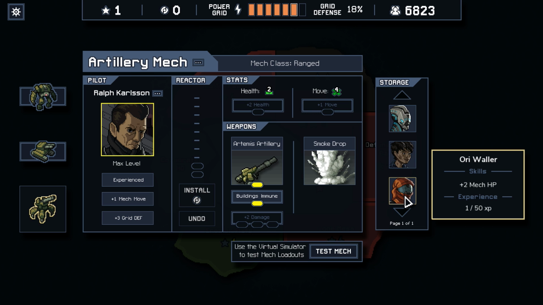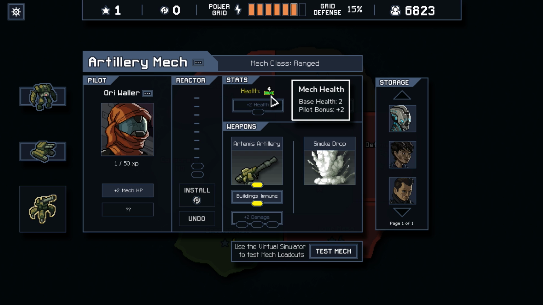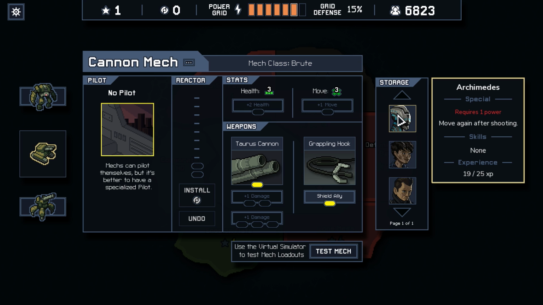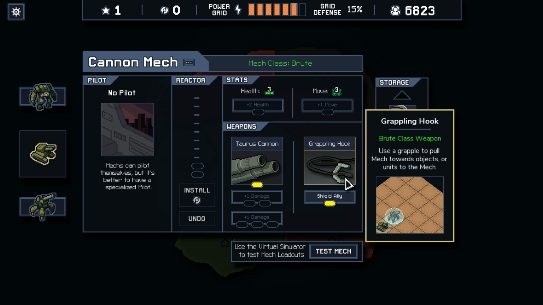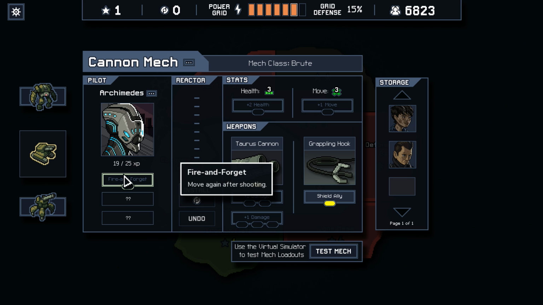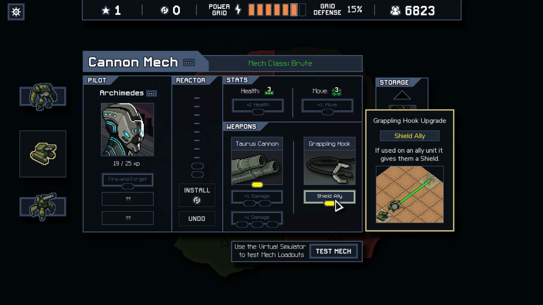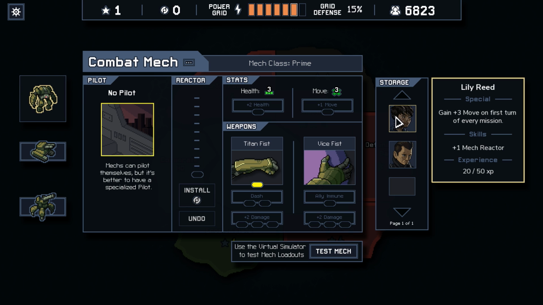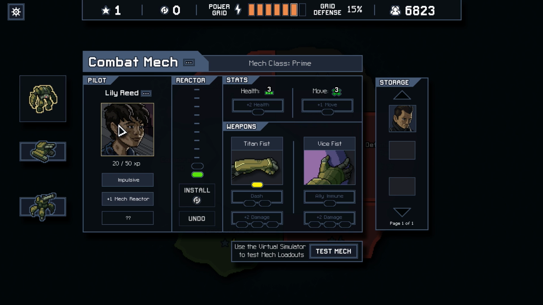If we take the extra 2 mech HP here, that takes us up to 4, which is pretty nice. Then... man, this could even work here. Oh, I totally forgot about this grappling hook upgrade. Oh, this is so helpful to know. If we pull a unit in, then they're going to be shielded. That's really creative. If we have the +3 move here,